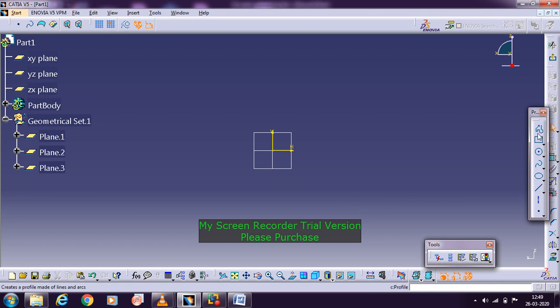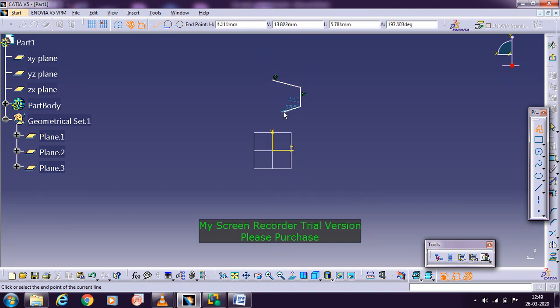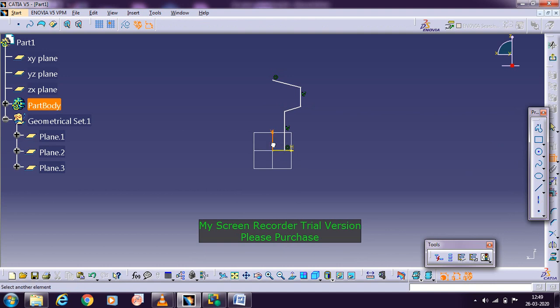Now go with the profile here, so you need to select it here, select the vertical axis when you are starting here, and then just draw the rough sketch of the 1/4 of the eye section here. Select the 1/4 of the eye section, then go with the dimension here. Show the dimension here. Show all the dimensions.